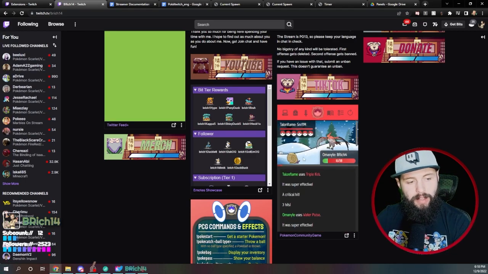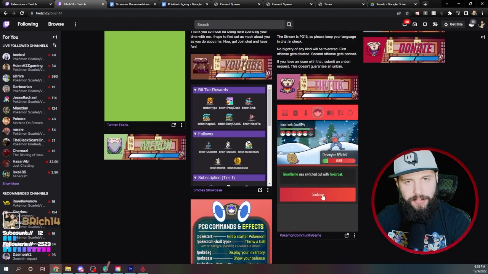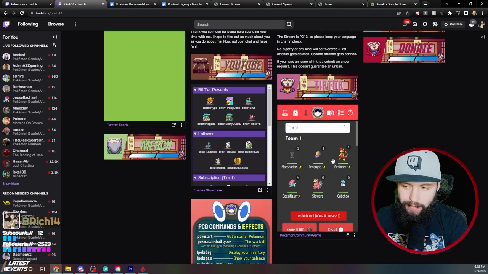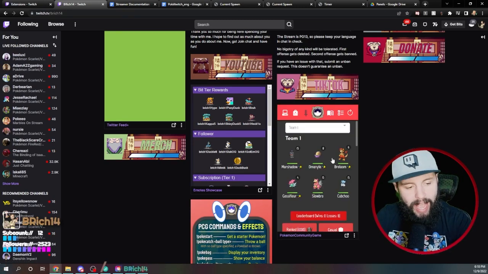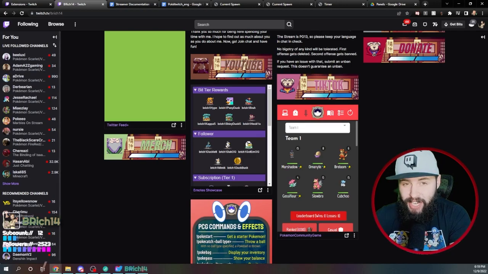If you feel like this is just too tough to follow, you can open the panel up in another tab, and it'll make it bigger. They sent out their Toxicroak. I'm actually going to surrender, and that's the end of that battle. It's casual, so I don't feel bad doing that. It didn't affect my wins or losses on the leaderboard. Ranked, it would. So that's battling in a nutshell real quick.